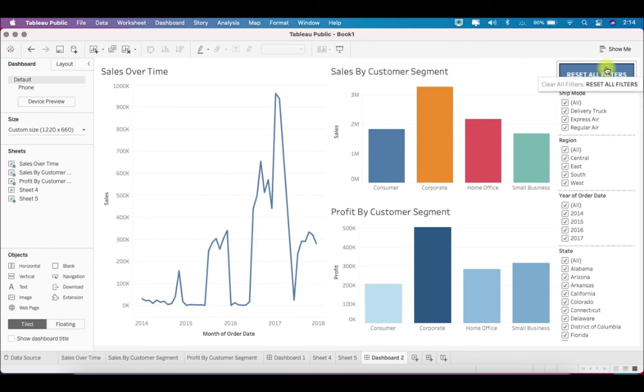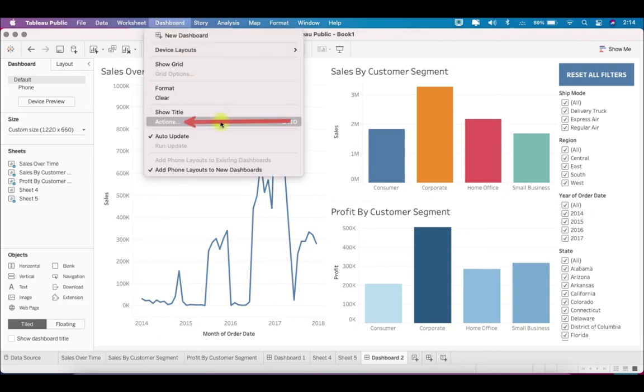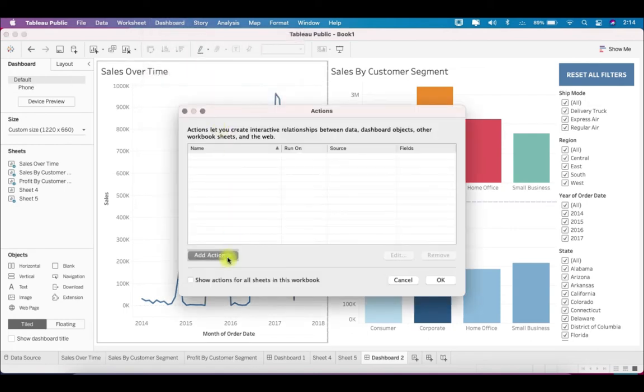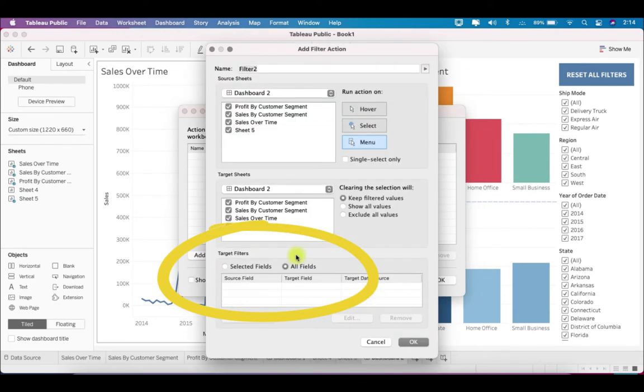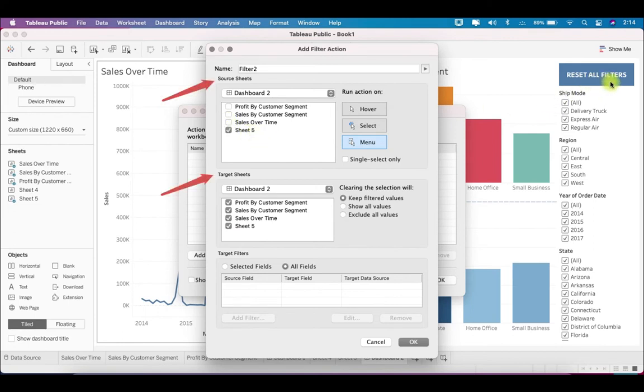And then we just have to link this sheet to all the filters over here which are present in your dashboard. So for that you have to utilize the actions property of the dashboard. So just go here and click on actions, click on add action and click on filter over here. Now we have to select sheet 5, which is our reset all filters which we have just created, and click on select. So whenever you will select reset all filters,